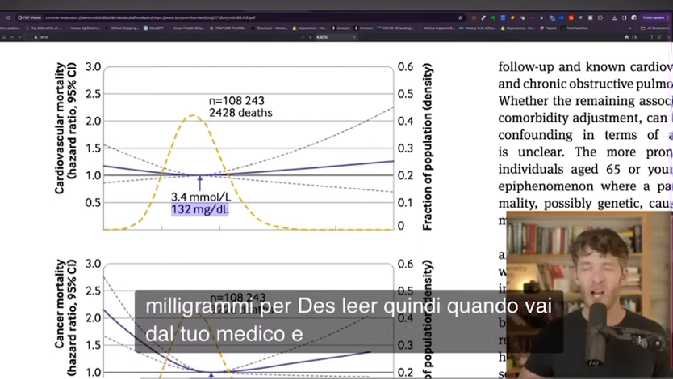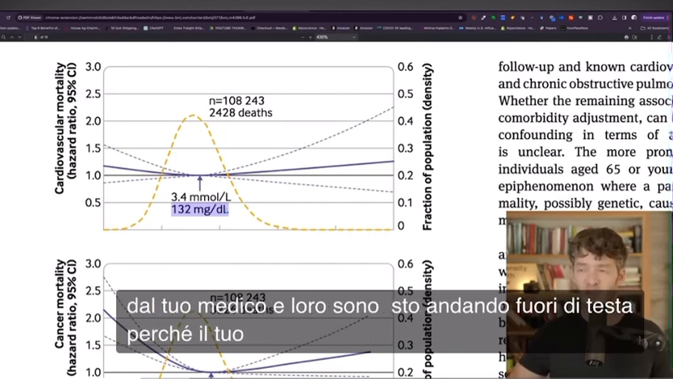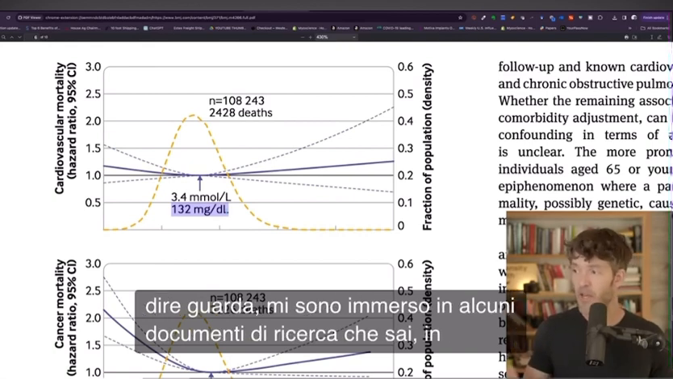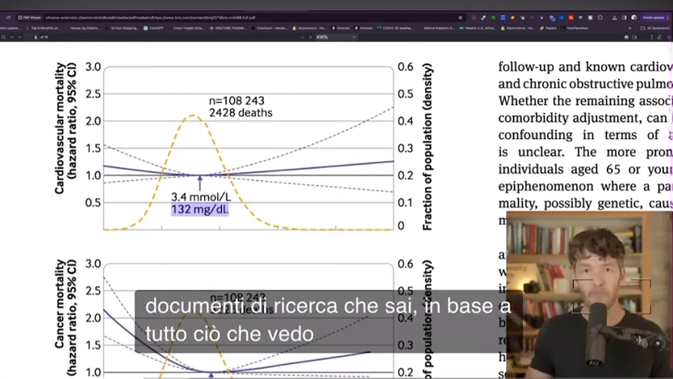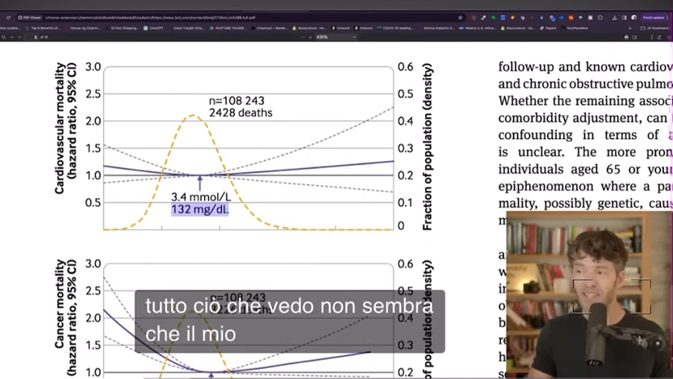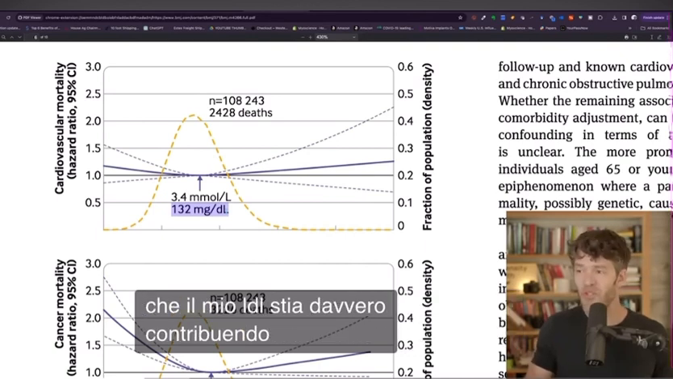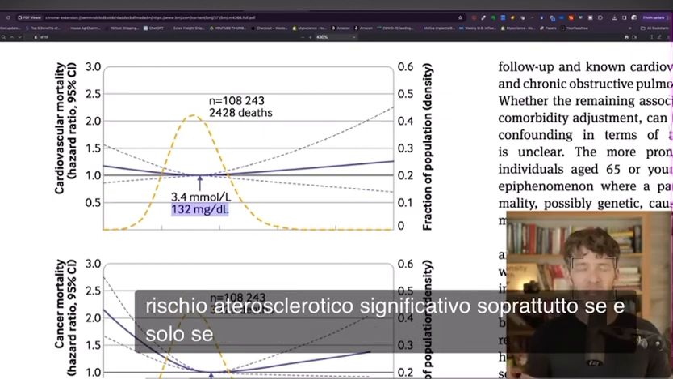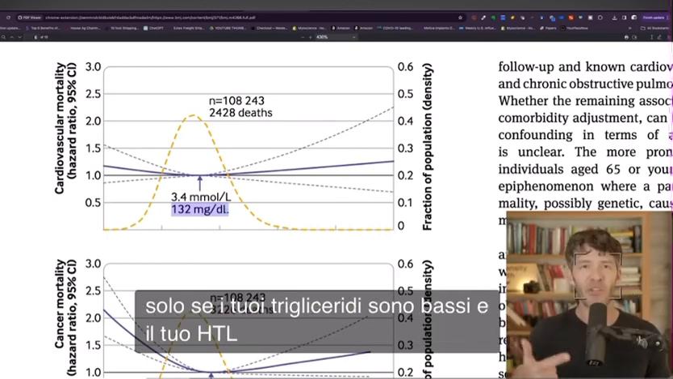So when you go to your doctor and they're freaking out because your LDL is 115 or 140, you might want to take a screenshot of this and say, look, I've been diving into some research, doc. Based upon everything that I see, it doesn't appear that my LDL is really probably contributing to a significant atherosclerotic risk, especially if and only if your triglycerides are low and your HDL is high and you have low body